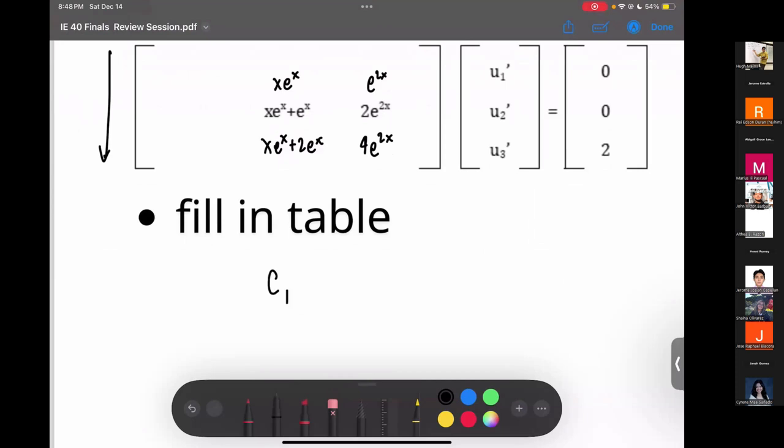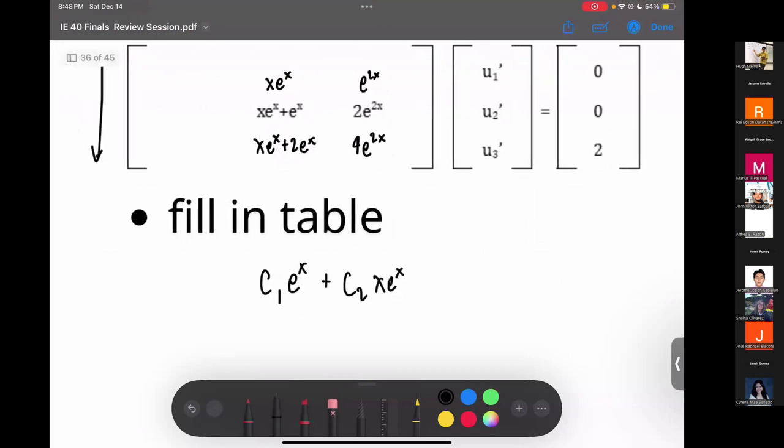You have C1 e to the x, and then you have C2 x e to the x, and then you have C3 e to the 2x. So what this implies is that the first column must be e to the x,